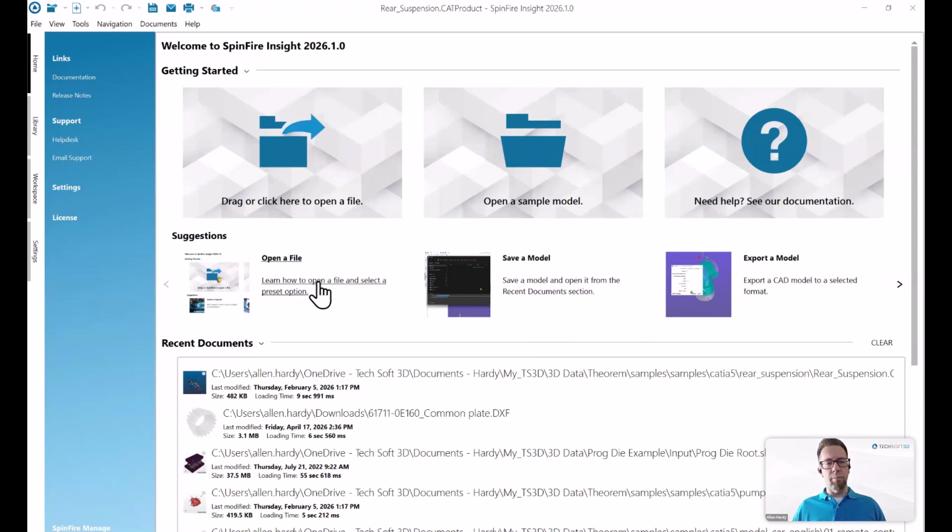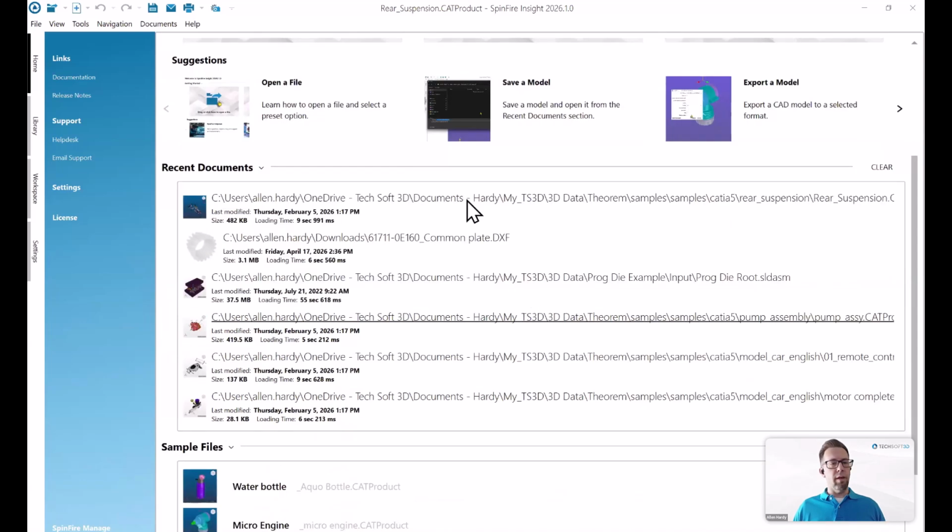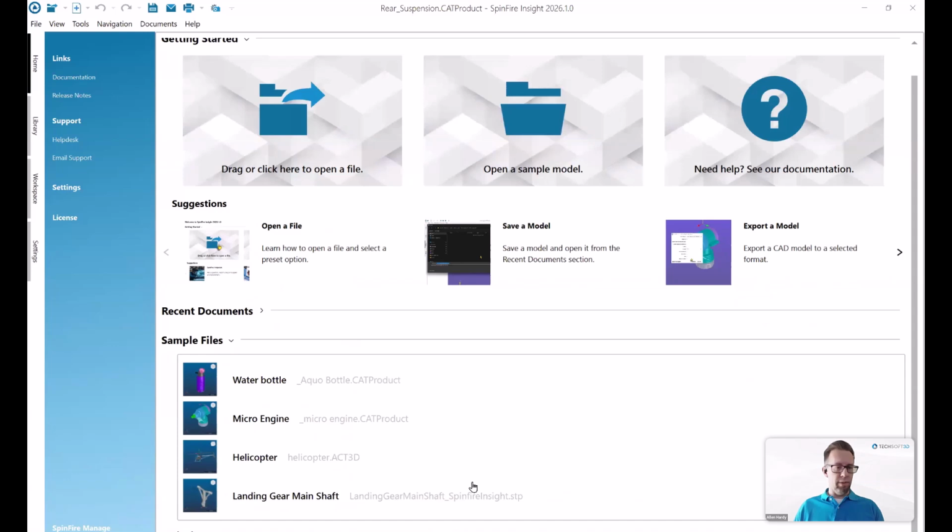We offer some tutorial videos just to help you get started with opening files, how to save a model, how to export data. Then you have your recent documents. If this is your first time loading SpinFire, that area will be empty. And we now offer this sample files section here with 4 assembly samples. Historically, we've always provided the water bottle, and it's kind of buried in the directories of the installation file, so it's hard to find. But now we have everything up front here, with 3 additional assemblies that you can